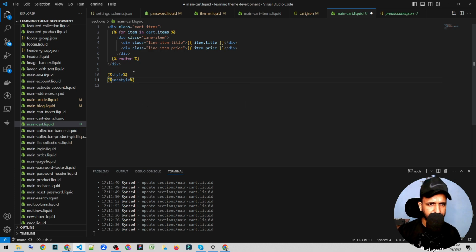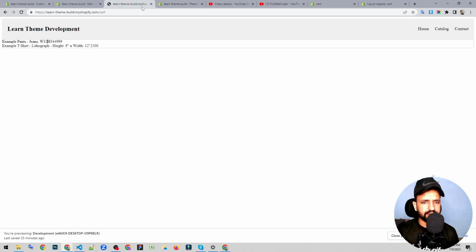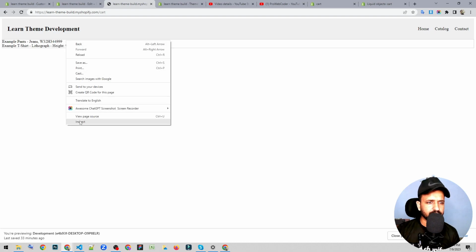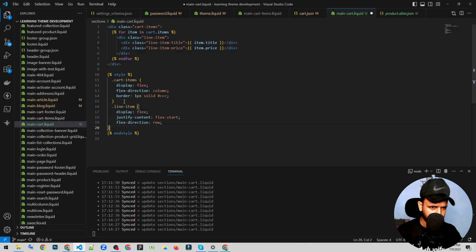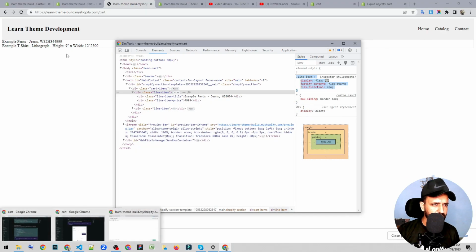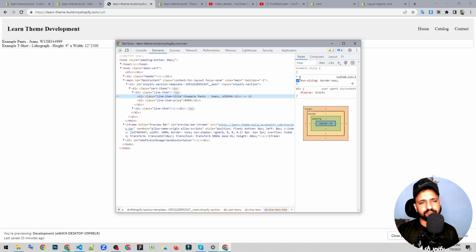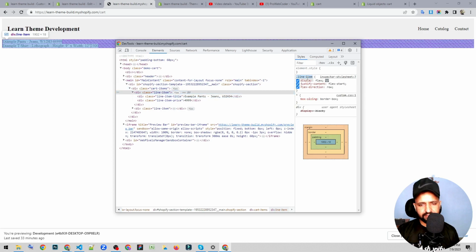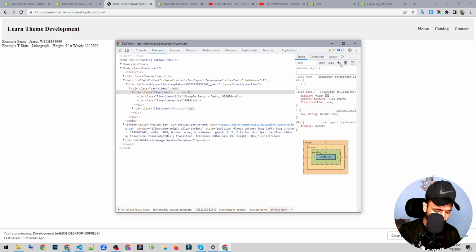And we are going to end the style over here, and we'll put this thing over here, and again this thing, line item, just for now, just to make things look better. We'll also do line item, and inside line item, anything with a div would have a border